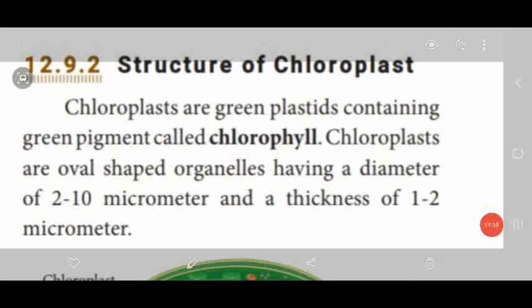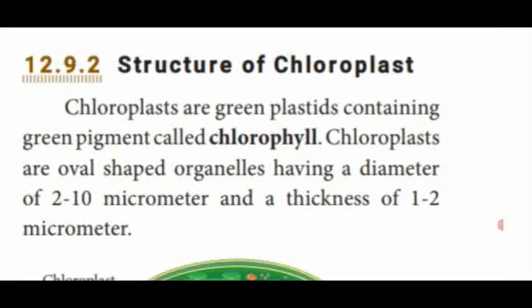Dear students, we have seen three types of plastid: chloroplast, chromoplast and leucoplast. Chloroplast produces the green pigment, present in green parts such as stem and leaf. Chromoplast is a colored pigment present in the fruit and flowers. Last one, leucoplast, is present in the root region. Out of these three plastids, we are going to see the structure of chloroplast, that means the green colored plastid.